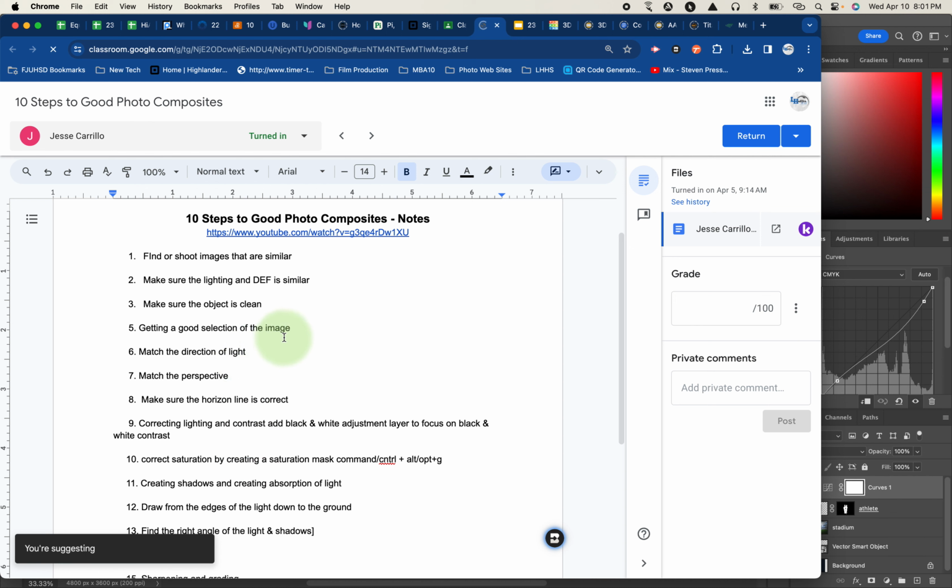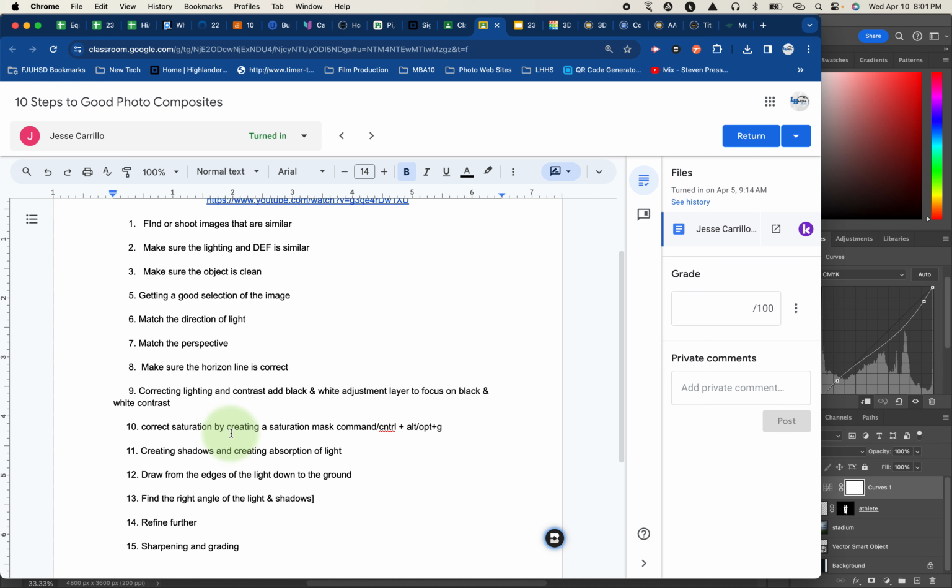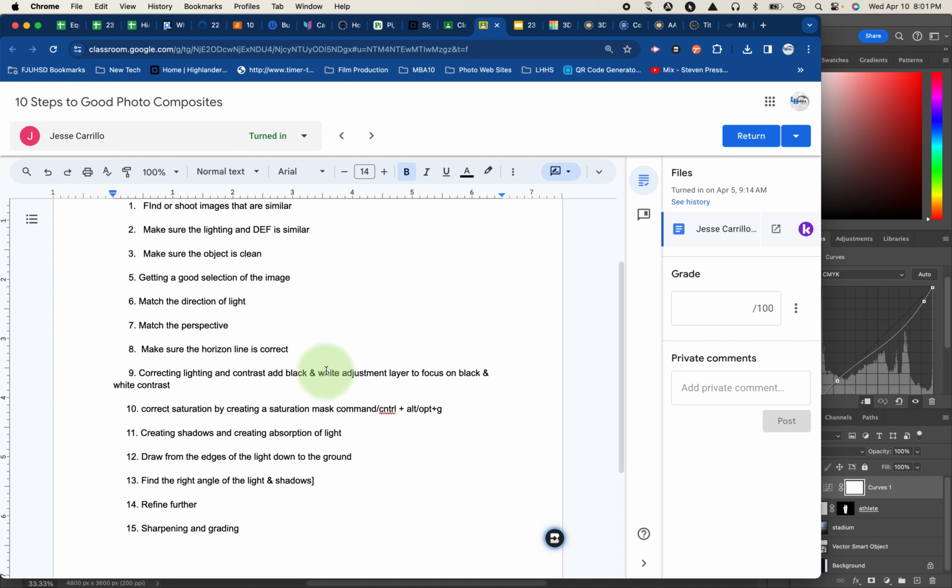So, getting good selection of the image, match the direction of light, we did that in our photo. Match the perspective, we did that. Make sure the horizon line is correct. Correcting lighting and contrast, there we go. Correct saturation. Alright, so we are here correcting the saturation. Alright, so in order to do that,